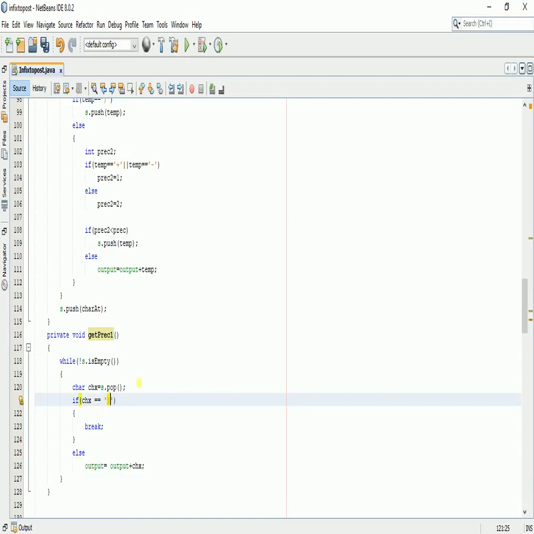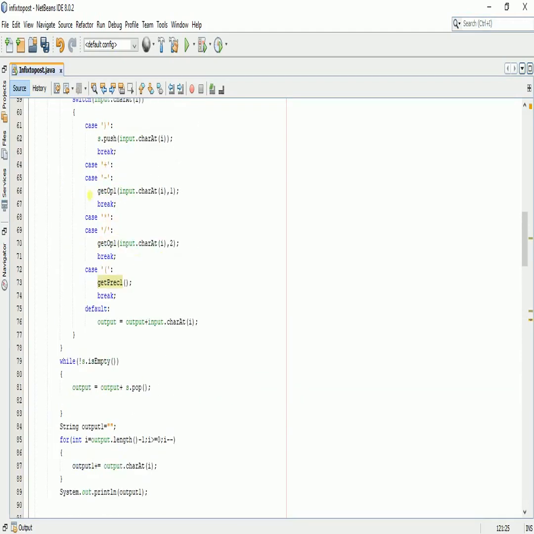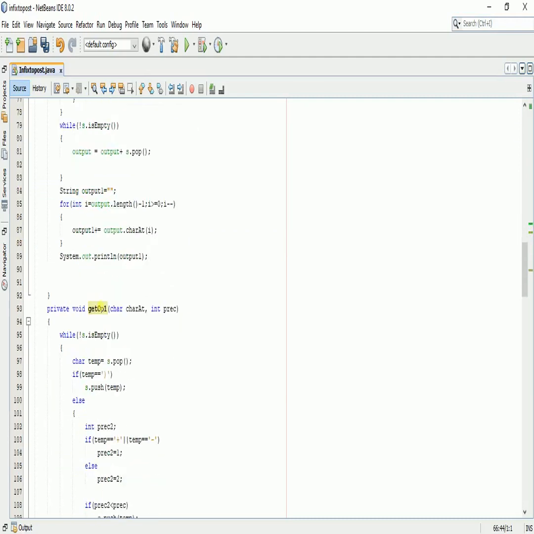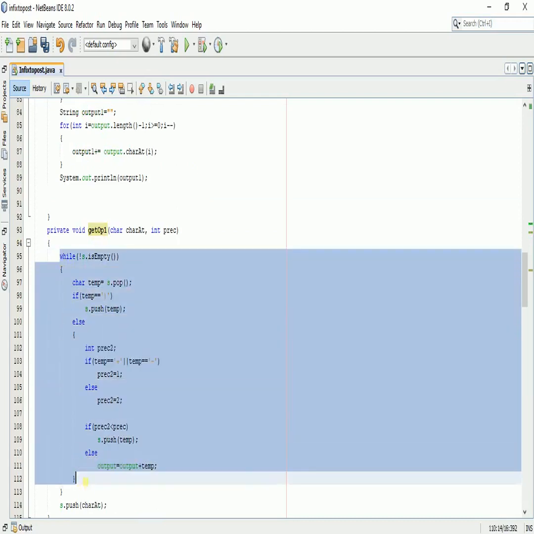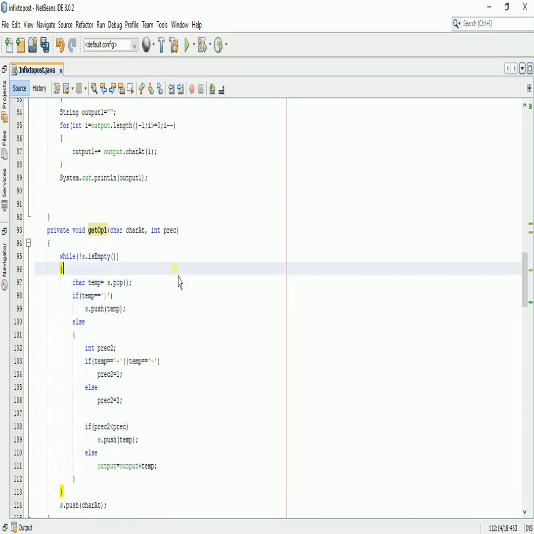Now how it works is that when these operators occur in the string, it gets to this function, and the same happens in this case. If these operators occur, then this function is called, and the operators are returned with precedence 2 if it is multiplication or division, and with precedence 1 if they are addition or subtraction. Once they are called in this function, there is a while loop that checks whether these operators are in the precedence or not.